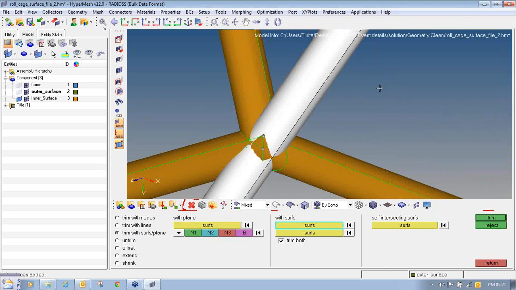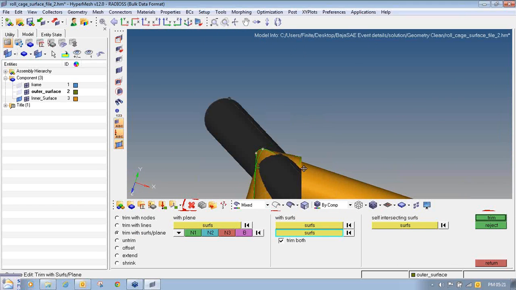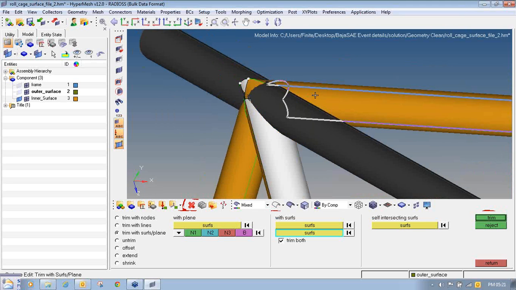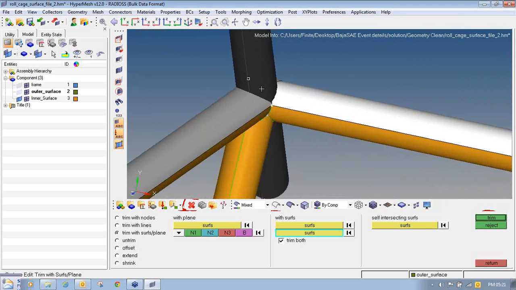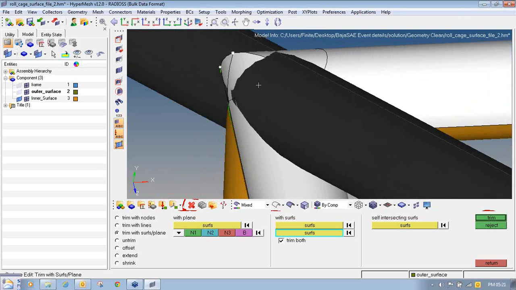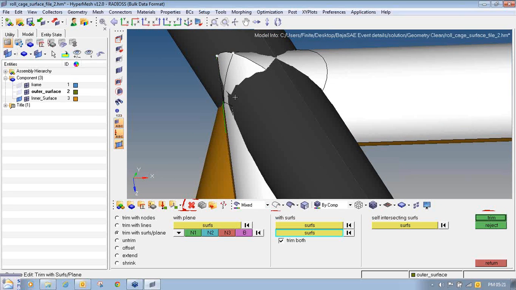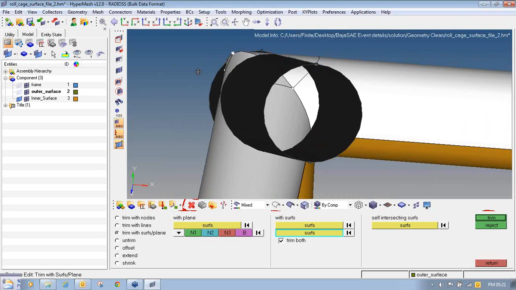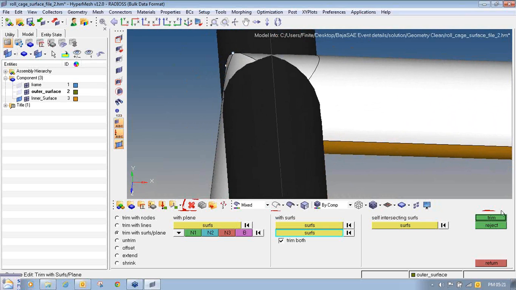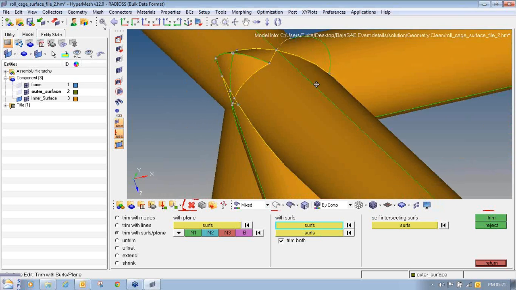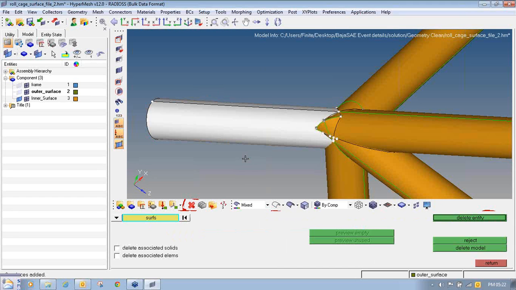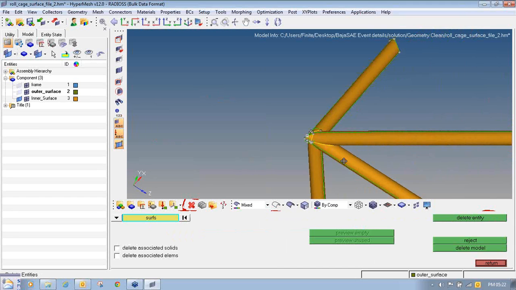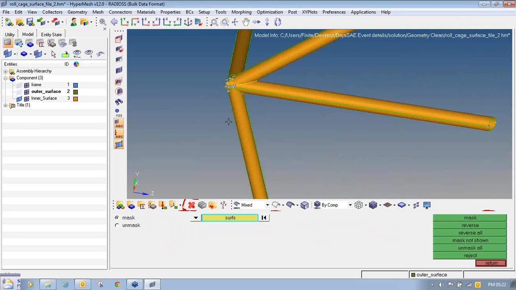Click on surfaces. Select the surfaces, select all the surfaces which are coming in this location which I want to trim and say trim. Once you click trim, it will trim the surfaces. Now select the extra surface, say delete and go to mask,